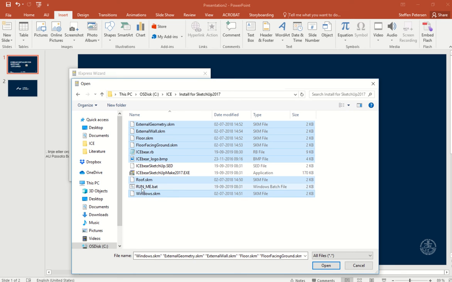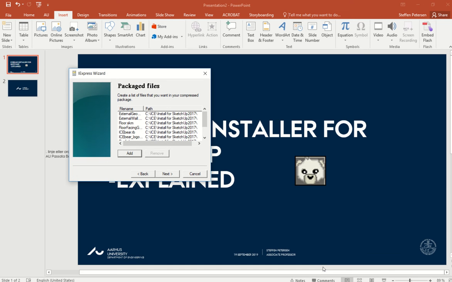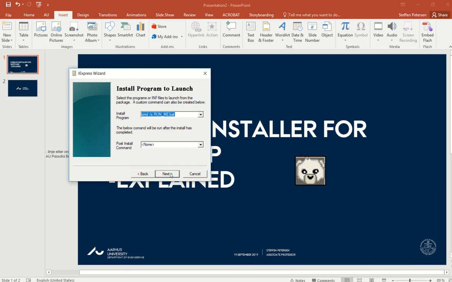And then a very important one called, in our case, run me, which is the bat file that will distribute your unpacked files later. So very important file to include as well. Alright, so we choose these and we press open, and now they are all on the list here. Then we move to next, and here it's very, very important that you write